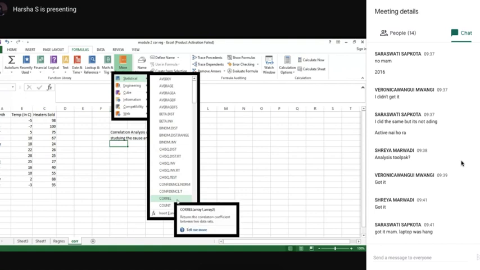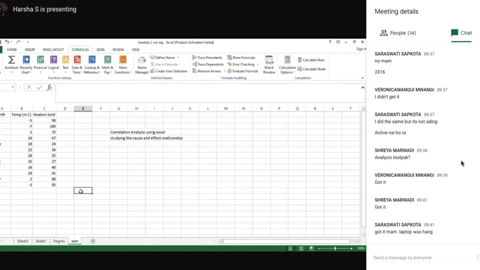See, here it is written: it returns the correlation coefficient between two data sets. When I say two data sets, one is the dependent variable and another is the independent variable, X and Y. To those of you who don't remember functions, it is: Statistical, CORREL, and do the function. To those of you who remember, in Excel always start a function with an equal to sign and you write CORREL, and then a bracket.